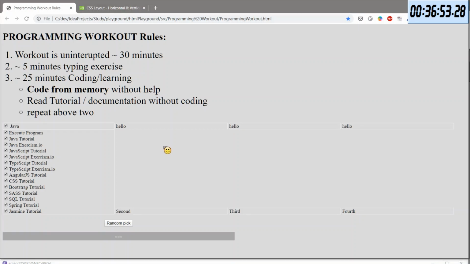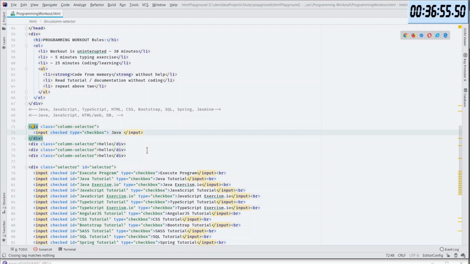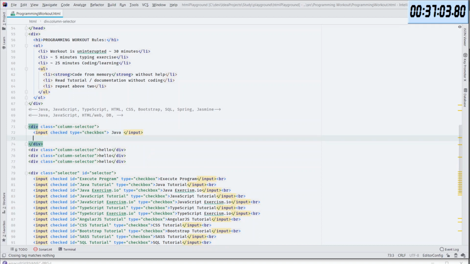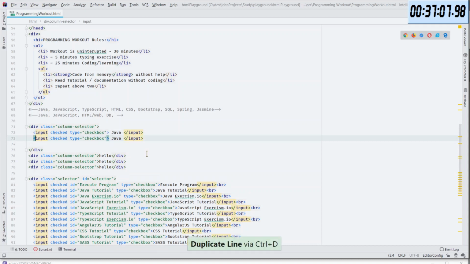Okay, that looks good. This will be Java, and this will be no Java. Okay, why not?